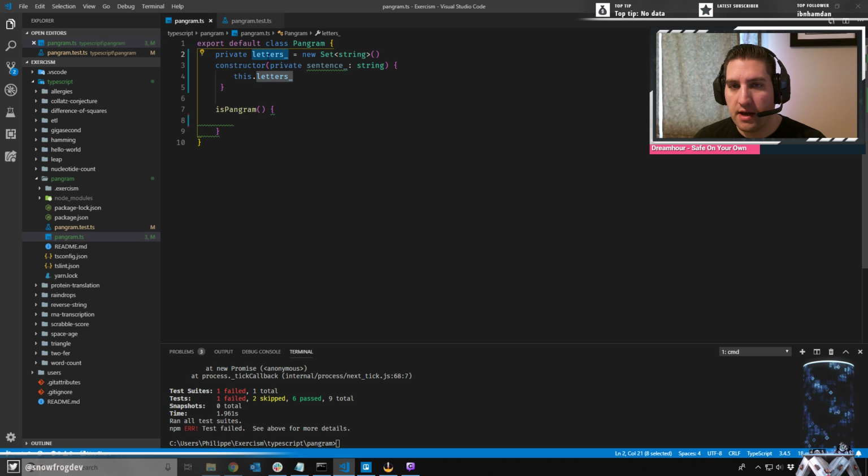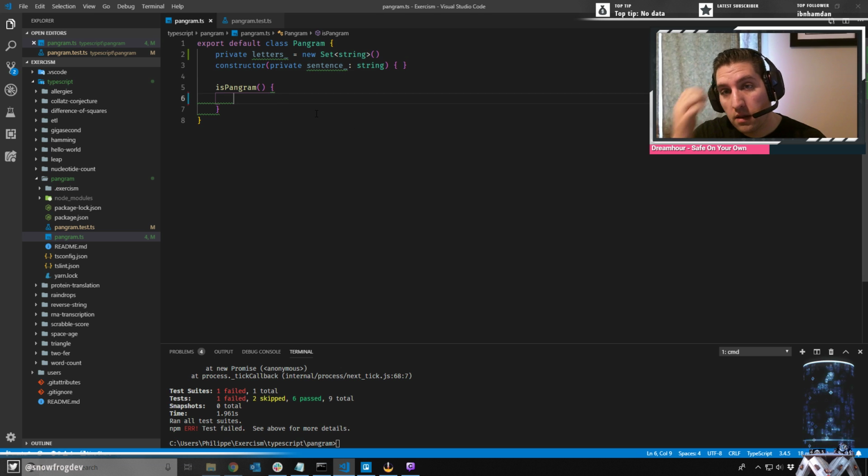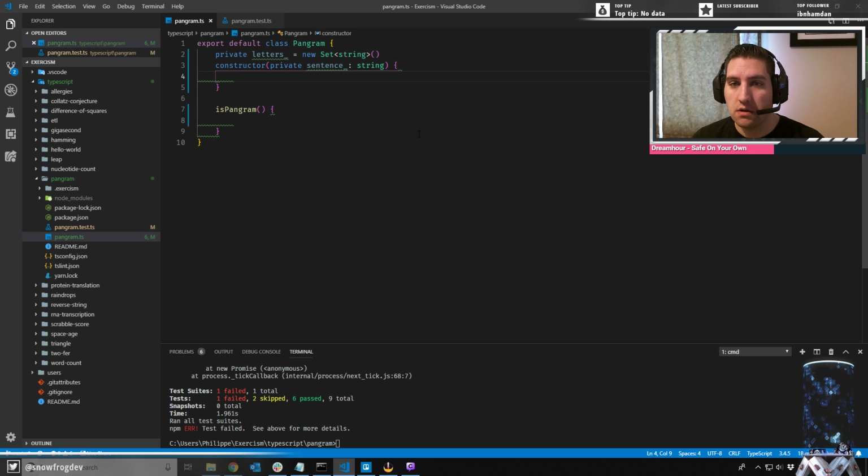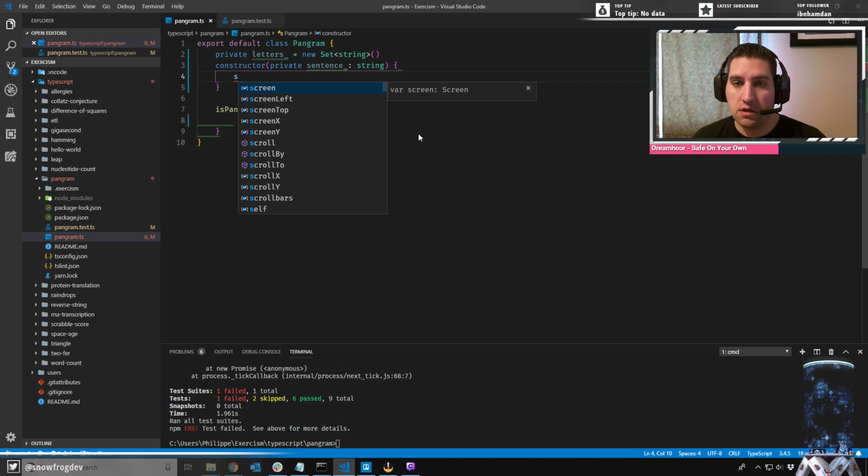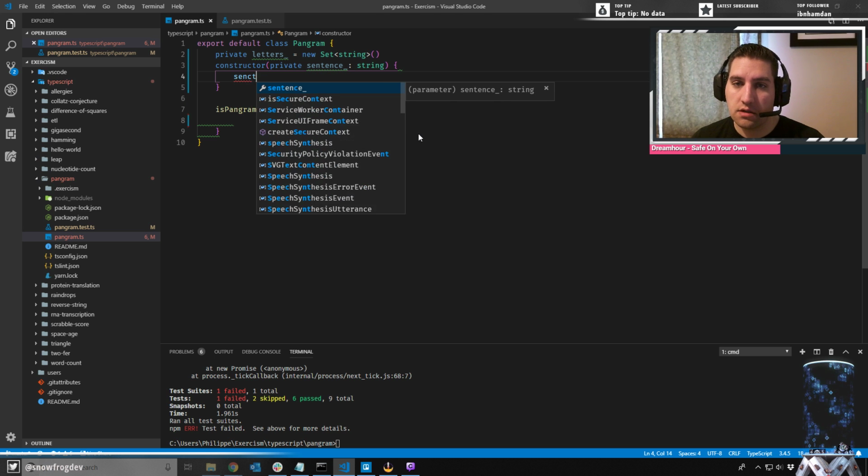And we'll call that letters. It's good. And we don't need to pass anything in there as of yet. Now, or should we? Yeah, we should do that right in the constructor, really. Just populate our set with every sentence. So we just take sentence,